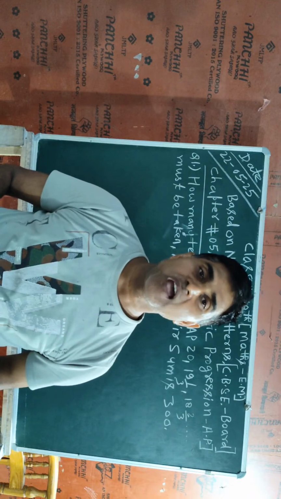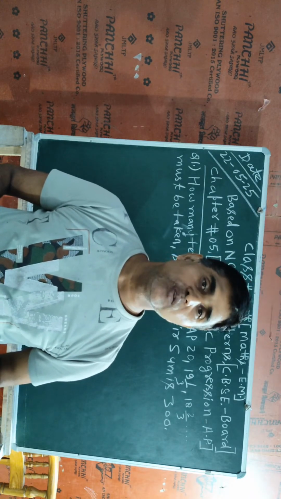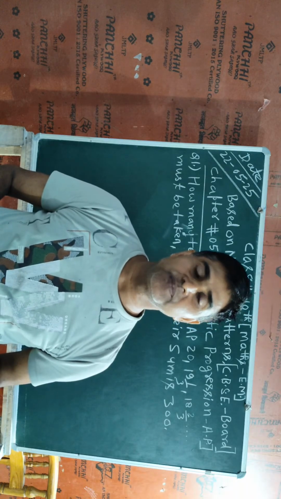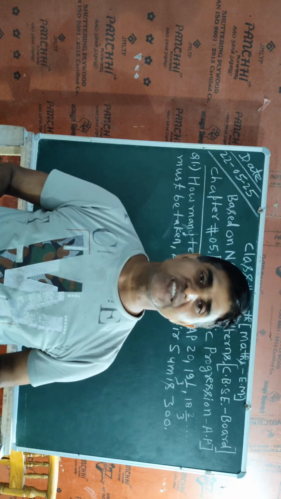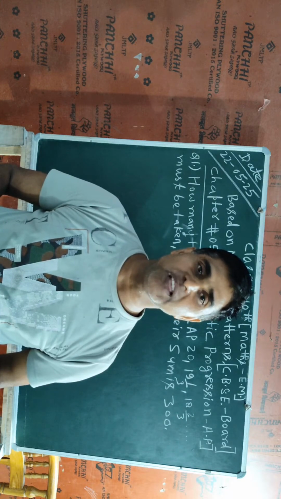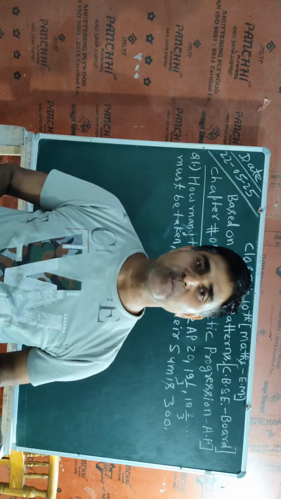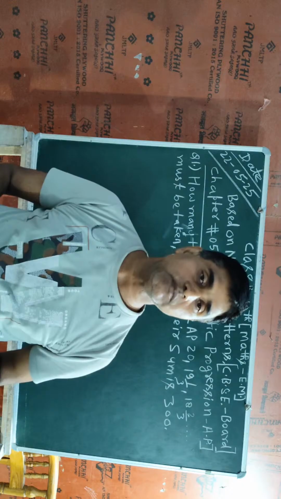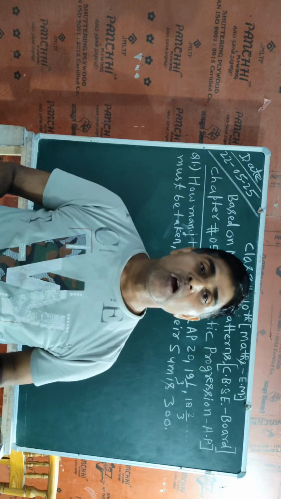Today I will talk on a topic whose name is the arithmetic progression. Arithmetic progression is also written in shortcut form, that is AP. A stands for arithmetic, and P stands for progression. Okay students, now you